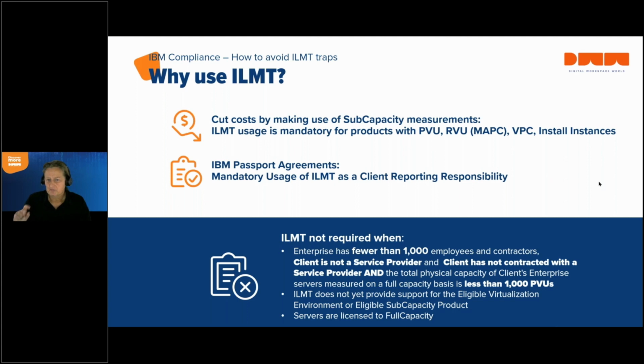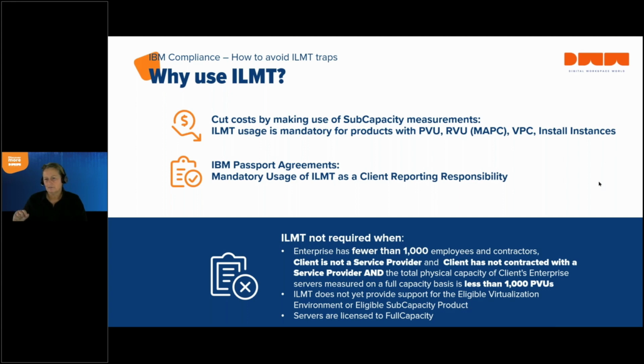And this is very important, that's an and clause, and the total physical capacity of the full capacity server cores is less than 1,000 PVUs. Although you want to make usage of subcapacity, to go for this exemption, you need to calculate the full capacity. If it's less than 1,000 PVUs, you have less than 1,000 employees, etc., then you're not required to make